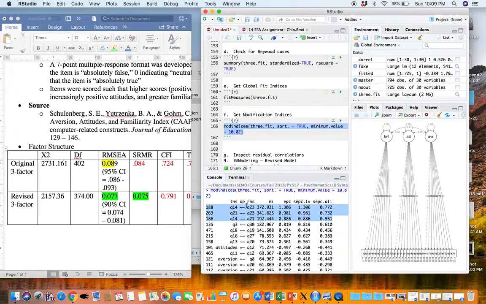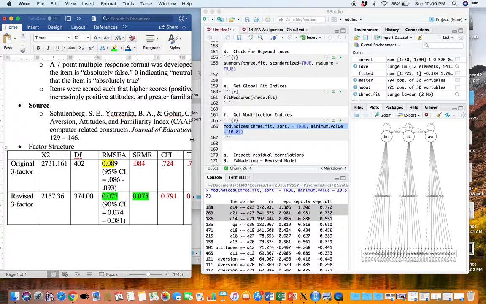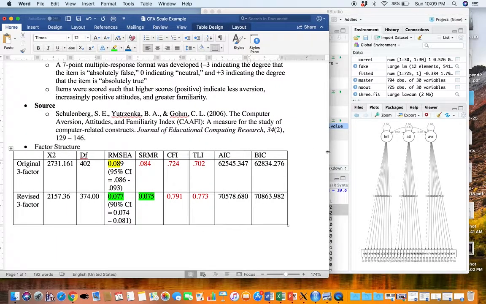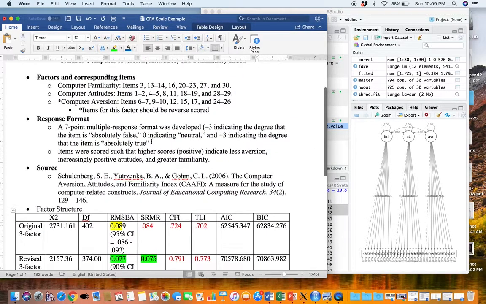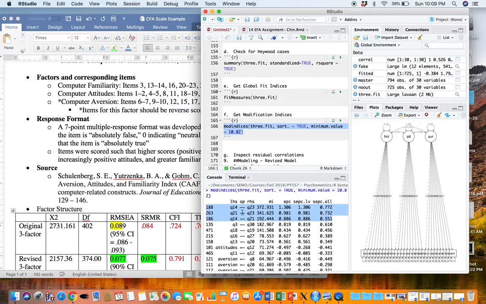So 14 correlating with 23. 21 and 23, 14 and 21. And this is where it really is a disadvantage that I don't have the actual items corresponding to the specific item number, so I don't really know what Q14 says. But assuming that I do know what Q14 and